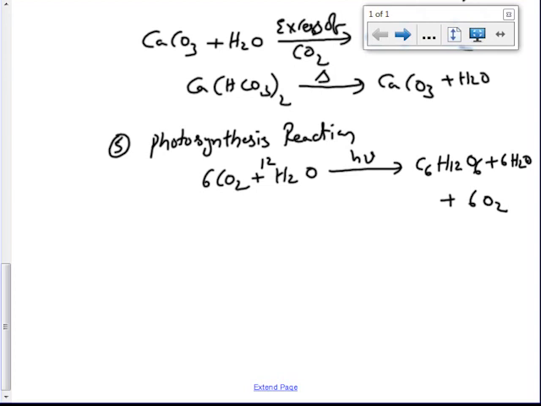By the combustion of fossil fuels and decomposition of limestone, we know carbon dioxide is prepared on a large scale, and this causes the greenhouse effect. Another familiar use is solid CO2, which is called dry ice or dry cold. Dry ice is used for the preparation of frozen foods or ice creams.